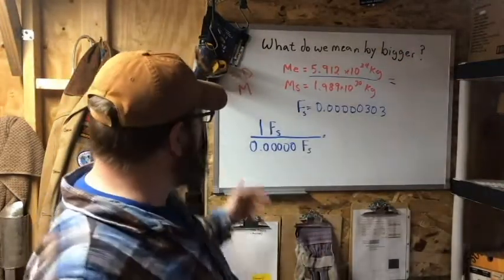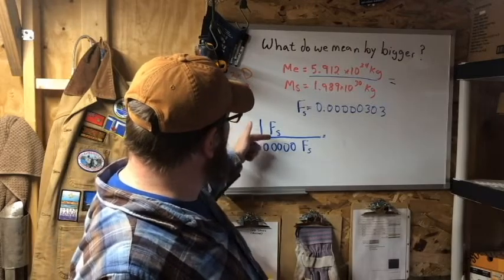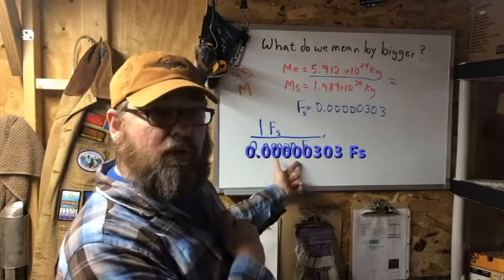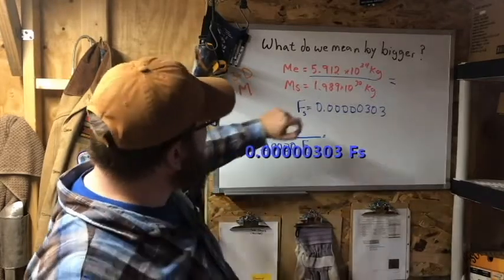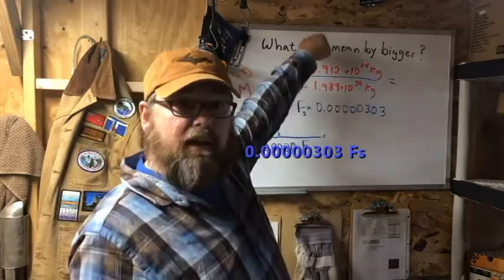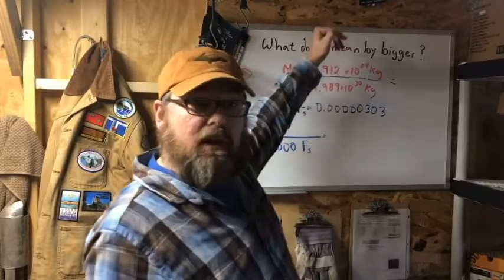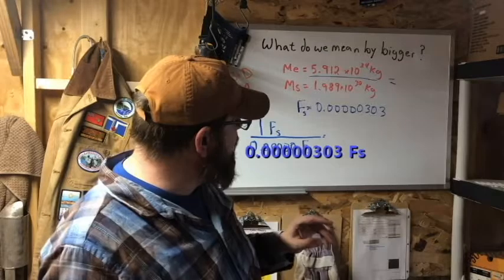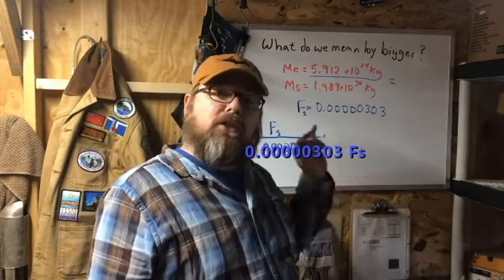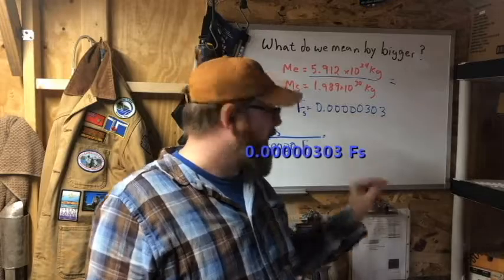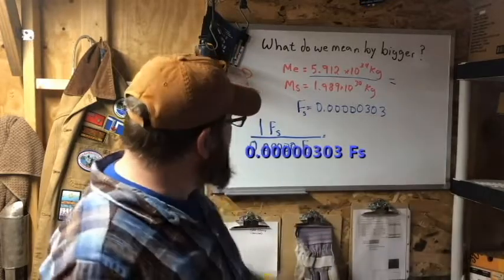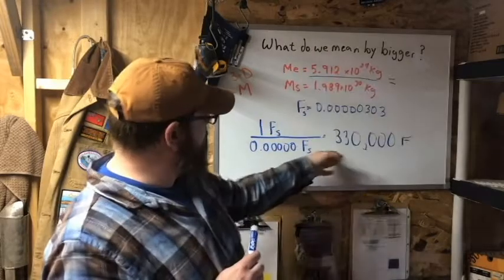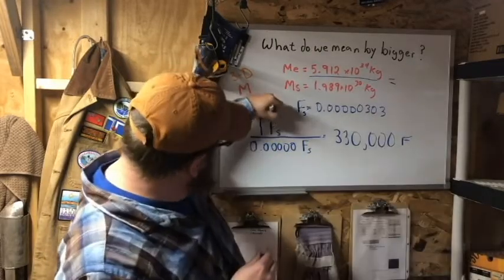So when I set this up, I'm going to divide my one solar factor, which is one sun, by the fraction of a solar factor that my Earth is. I could have just divided this by this, put this on top of the division in the numerator instead of the denominator, and got this number. You can solve things different ways, and you may see this again where it has to be done this way, okay? But anyways, we do that, and we get 330,000 for our factor